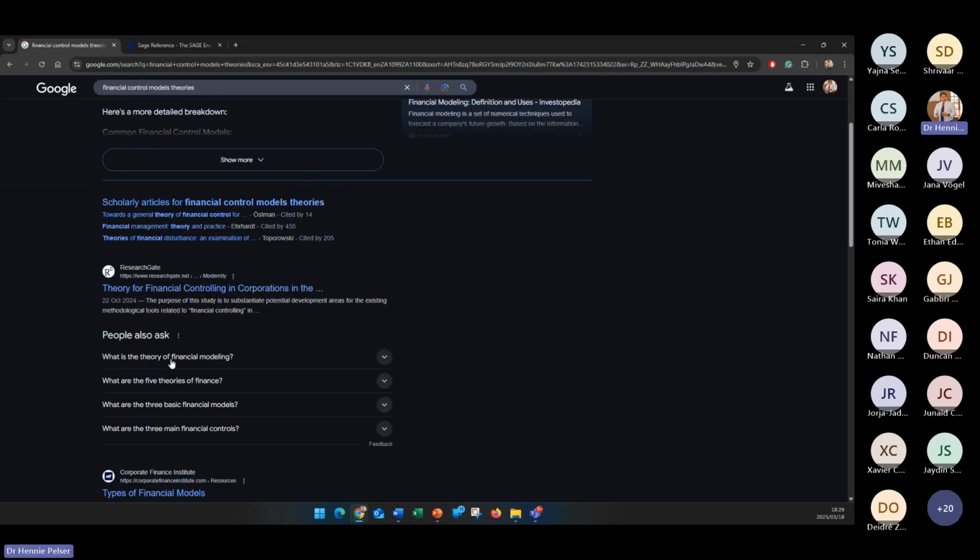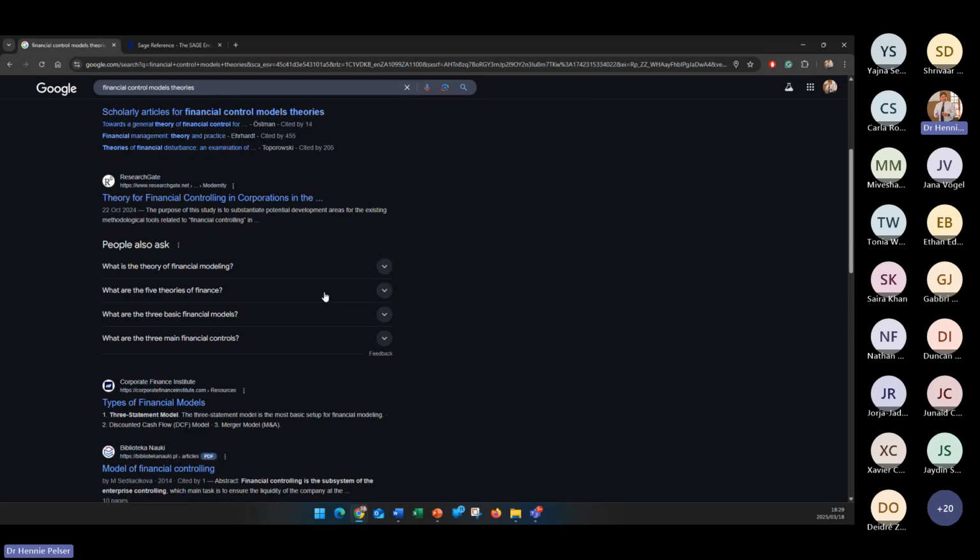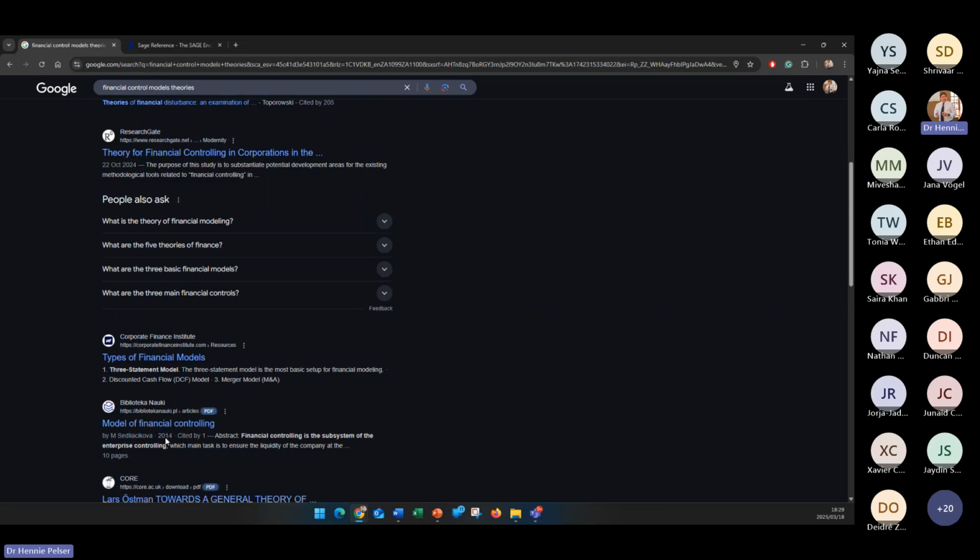Okay, so where there's a theory of financial controlling, I would look at that. Okay, but you can also see others. Okay, model of financial controlling. You okay with that, George? And what is important in that title is that you'll use the scales that they use, but we'll worry about that when we get there. George, you still there? Okay. Let me go on from there.